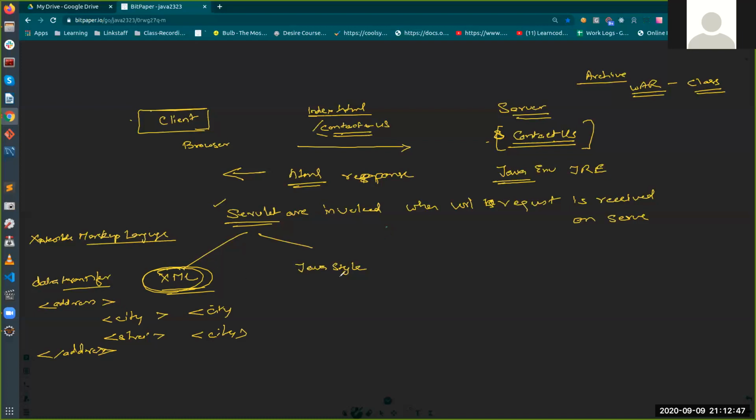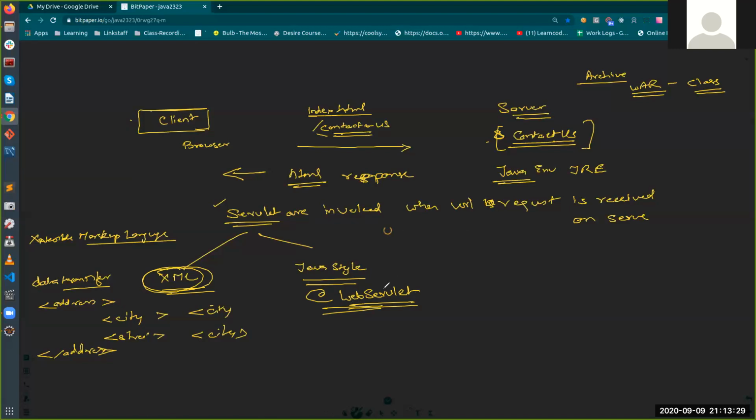Okay. The next one is Java style. So inside the Java style, it makes it very compact. You have to move into your code, and there you have to mention a servlet as a web servlet. So when you define a class as a web servlet, Java EE does a lot of work behind the scenes to make this class a web servlet, right? But then you don't have to worry about that background work. It is all what Java and J2EE is going to do. You have to only mention a class as a web servlet, right?